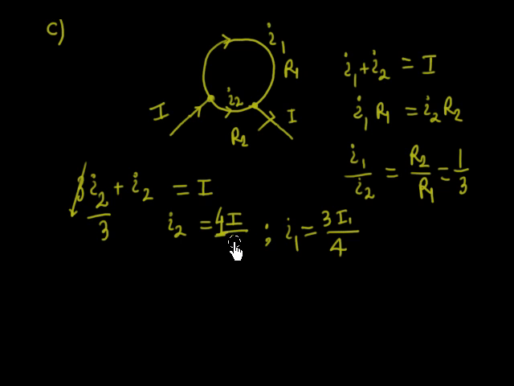So let me have this one. So this is 4I by 3. Are you getting? So this is 4I by 3. So this is again, I2 is 4I by 3. So we can calculate I1. So let us calculate I1. So what is I1? If I calculate I1,